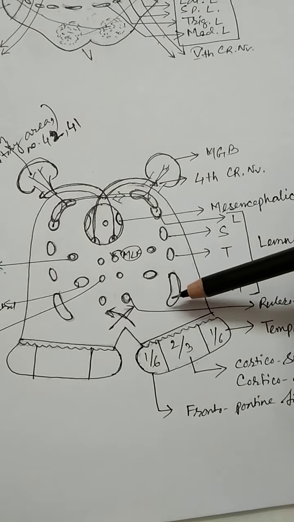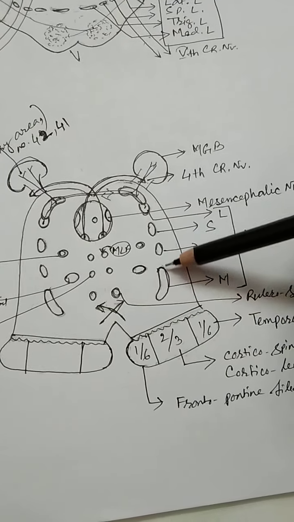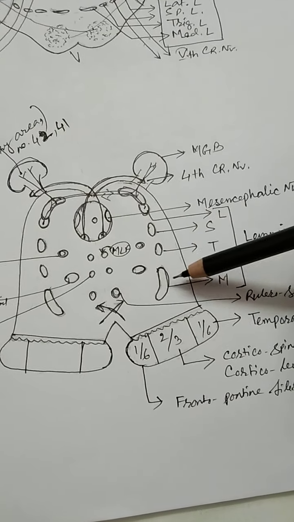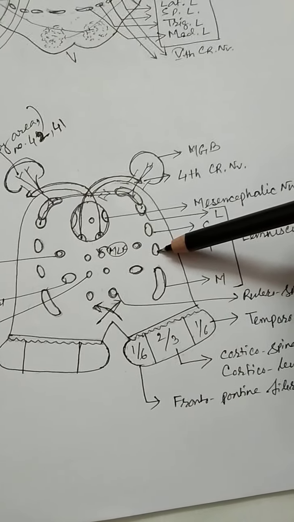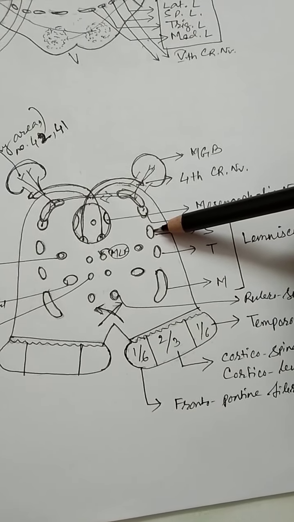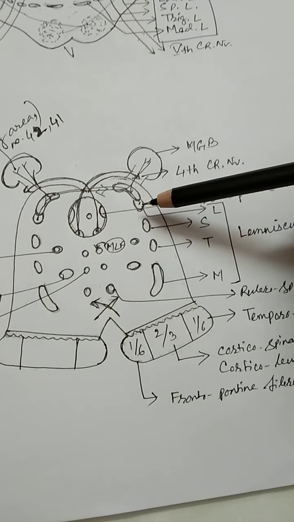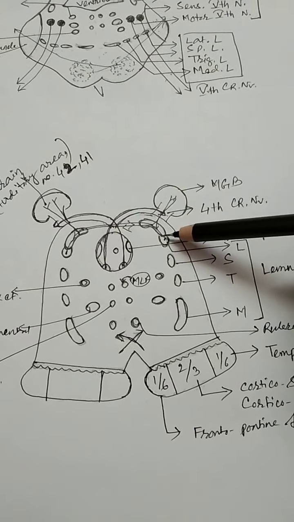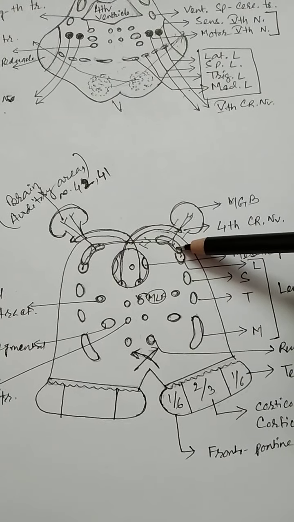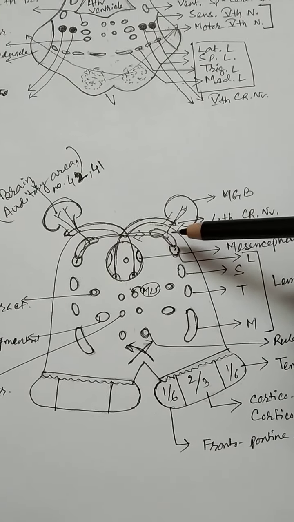Now, lateral to this, peripherally from ventral to dorsal, there is the arrangement of the lemniscal system, which you know. This is the medial lemniscus, this is the trigeminal lemniscus or ventral trigeminothalamic tract, the spinal lemniscus, and this one is the lateral lemniscus. The lateral lemniscus is connected with the inferior colliculus.